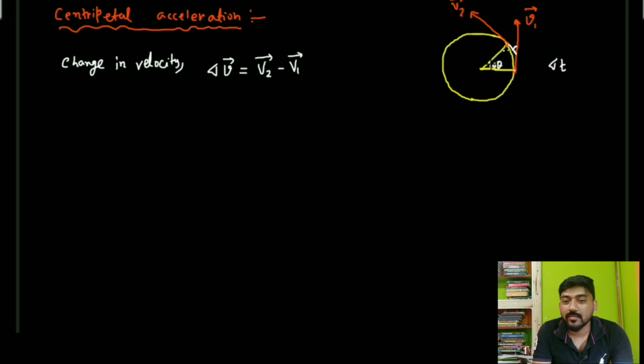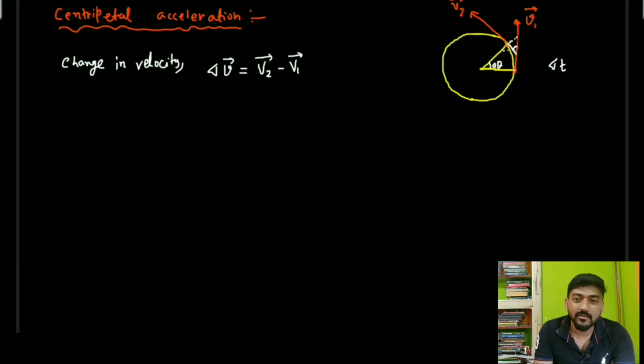Okay, so if we increase this, you can prove this by various methods. You will get a triangle here, and this angle is also 90 degrees. If this angle is delta theta, then from this small triangle and this large triangle, as this angle is 90 degrees and this is delta theta, this will be 90 minus delta theta, and as this is 90, it will be delta theta. So you can easily find out by simple geometry.